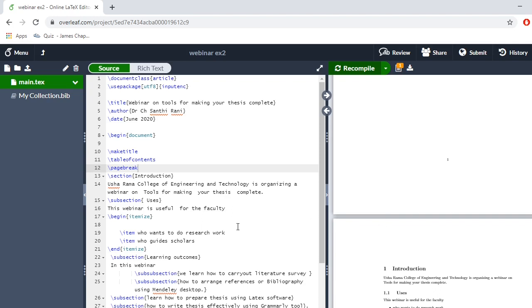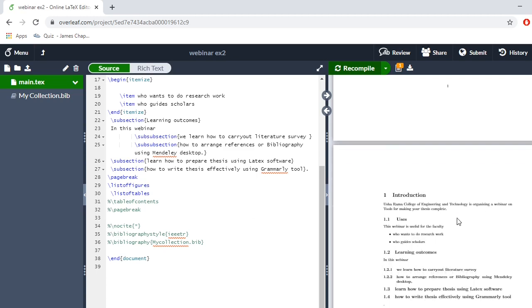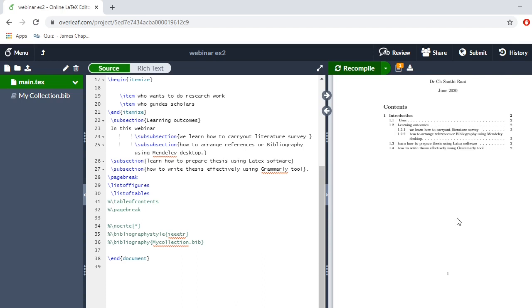Now another, the most important benefit, advantage of this software I am going to illustrate now, that is incorporating bibliography. In any thesis we will have first introduction, then abstract, all these, then contents.